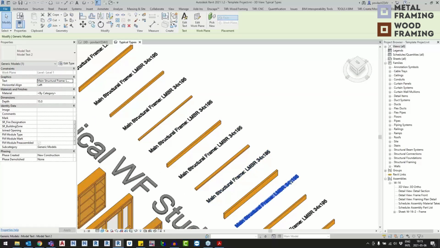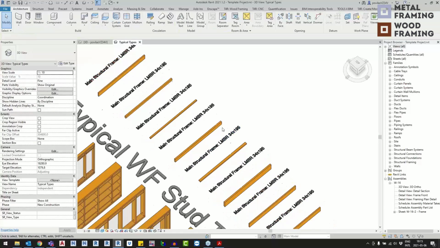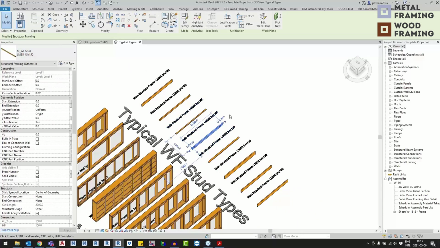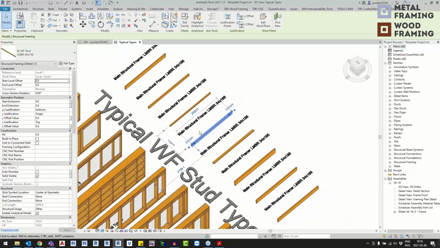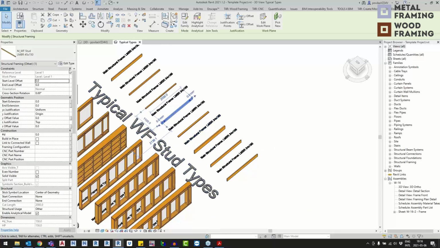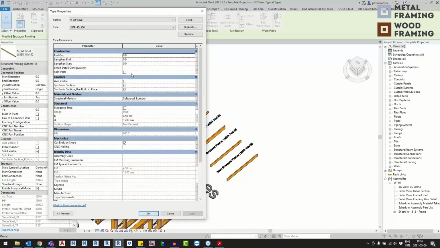Well, I just didn't have time to rename those properly, but if you select a stud, it's metric wood framing stud, lumber 45 by 150. Okay, so you just draw it out. I mean, that's going to be one of the items you're going to use in your project, and that's the